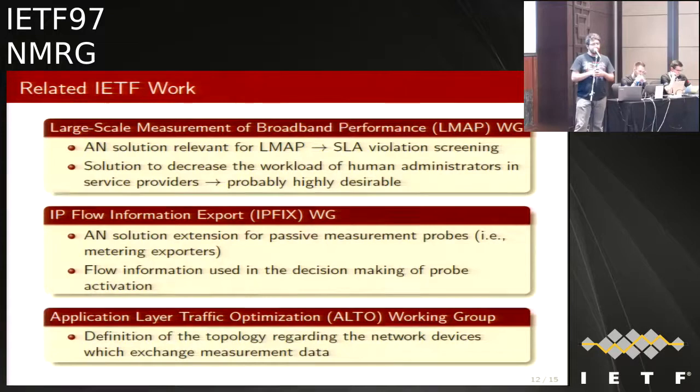We also have some relation with the IPFIX, which has already been closed, but an autonomic solution for active measurement should probably also be performed and considered for passive mechanisms. For example, using flow information for the decision itself. As I said, in the best practice, a way to perform the configuration is using information from the traffic matrix, and probably this traffic matrix was known from IPFIX or NetFlow, OpenFlow, this kind of mechanism.